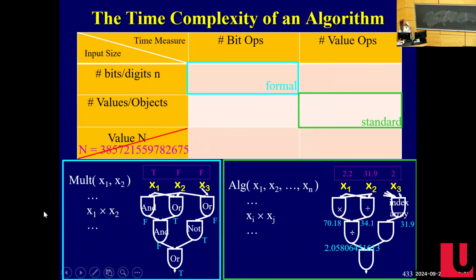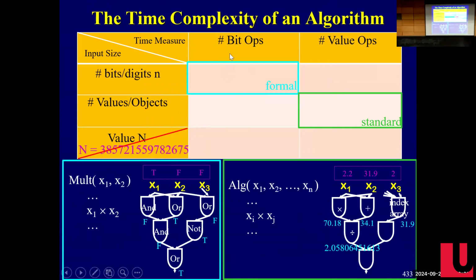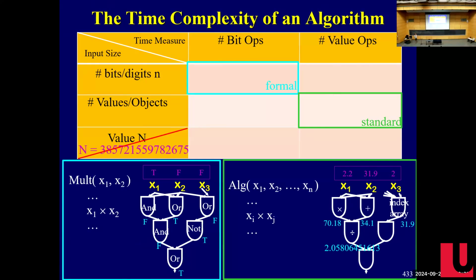Right? We talked about those. And then when we're counting time, we can either count the number of bit operations or the number of sort of value operations. And what I'm going to be arguing is that there are two models that we will consider generally. One when the input's a lot of objects, and the other when the input is really just a few